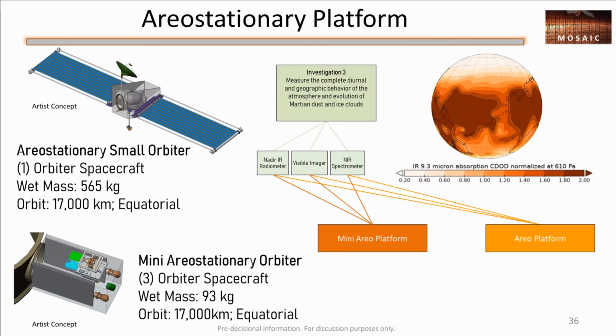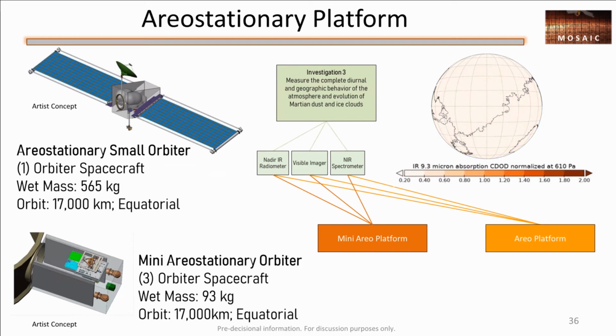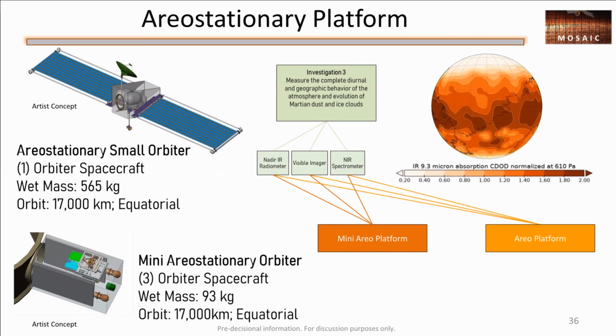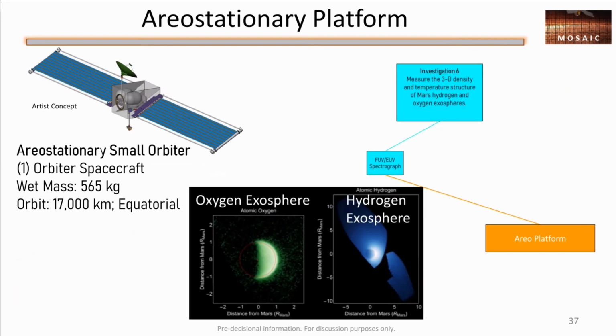The investigations that are accommodated by this, well, first of all, there's investigation 3, which is the diurnal coverage with the instruments shown there. And that needs all 4 of these platforms because it needs to see the planet in its entirety in order to understand those diurnal processes happening. We only need 1 of these to investigate the exosphere. The FUV UV spectrograph just needs to be on 1 of them,